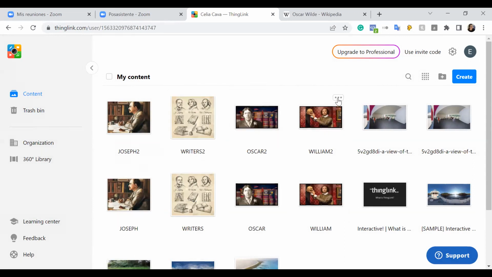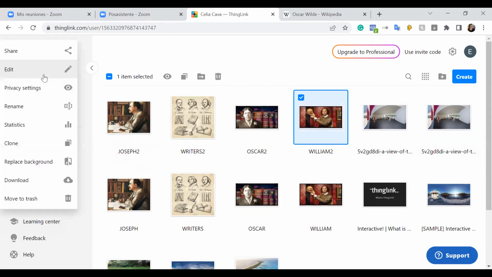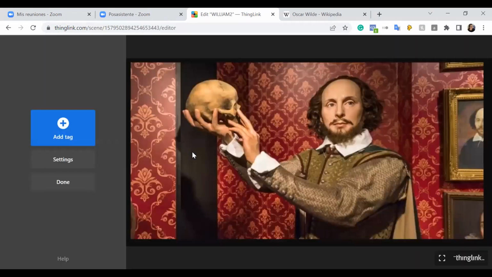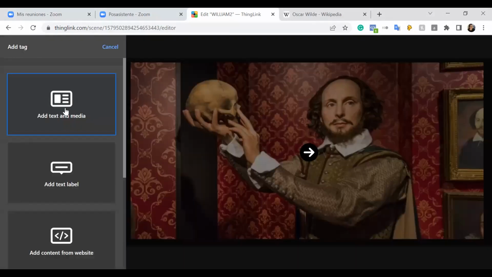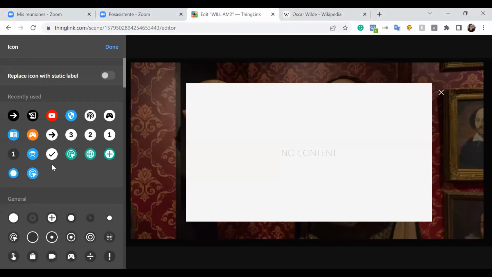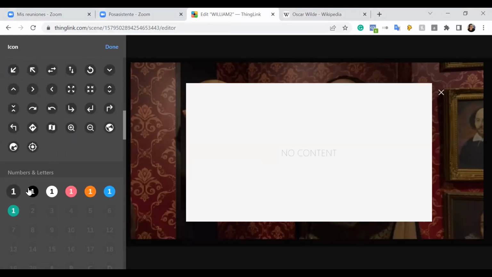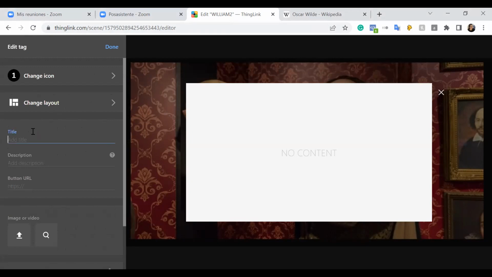Yes. So now let's edit this picture. Let's click on edit. And here we can add more information about William Shakespeare, right? So we can add a tag maybe with his biography, perhaps. Yes, we can do the same that we did before. And maybe we can add some numbers here. The icon can be a number. Let's click on number 1. Yes, and here we can add